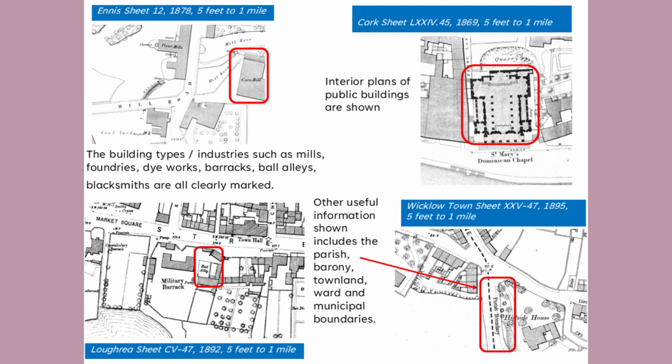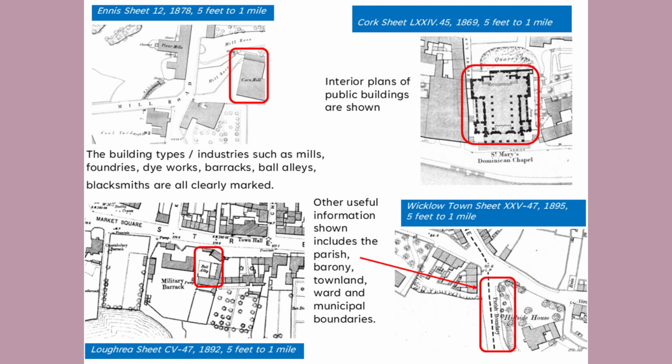So I've got Ennis and Loughrea and Wicklow Town and Cork, and you can see that they show the names of barracks and ball alleys and the interiors of some public buildings. And they also have useful information like boundary lines and townland lines. There are quite a lot of abbreviations on the map, and the maps don't come with legends, but a very